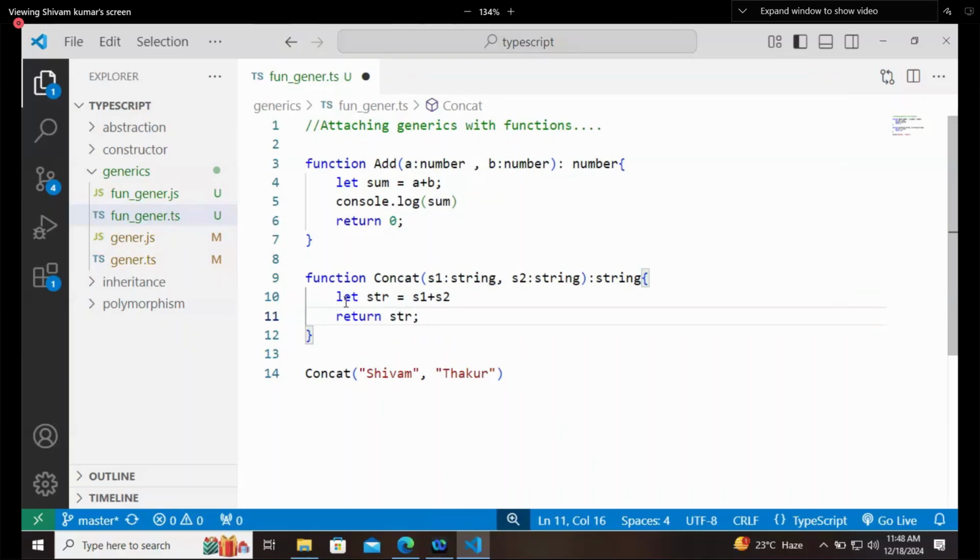Now why don't we have to declare the type of str? Because TypeScript will check that you are trying to add s1 and s2, and both are strings. So definitely str will be a string. And as we know, this plus operator becomes a concatenation operator in terms of strings. Now let's say if I write minus here, then it will be an error. Why is it an error now? Because we cannot subtract the